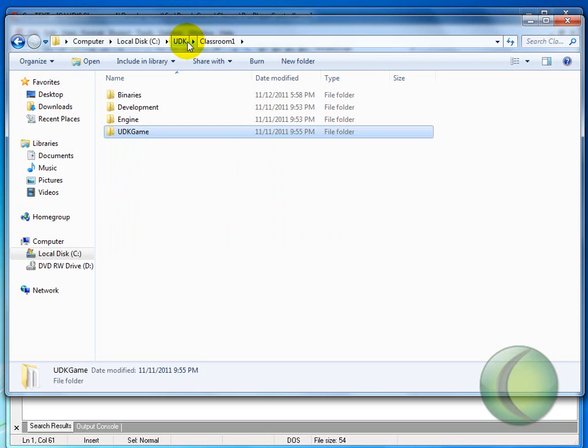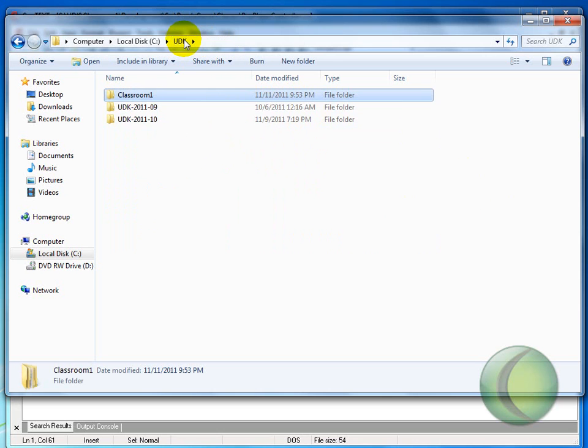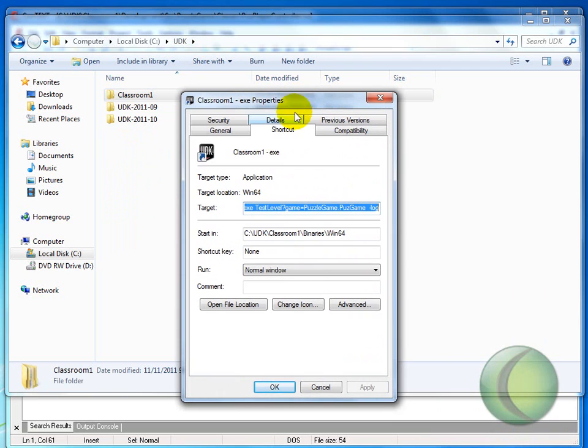Alright, so once the content pack's in place, once your classes are created, and we've already changed the configuration file so it points to our new game, we're going to go ahead and make one change to a shortcut, which is inside of your udk.exe file that you made a shortcut for. Originally, it's just going to have the target, it's just going to point to the actual file. Well, after that, you want to put a space, and then you want to put TestLevel, game equals puzzlegame.puzzgame, space,